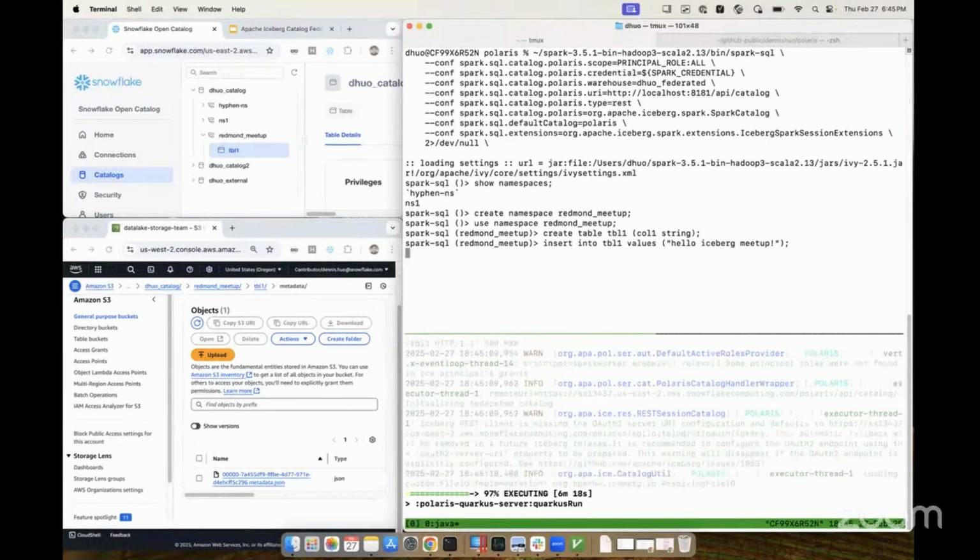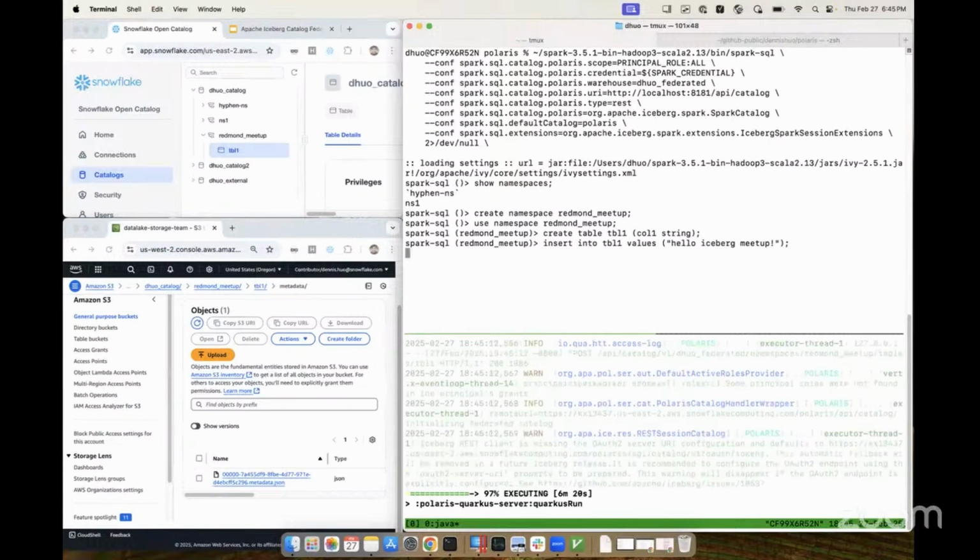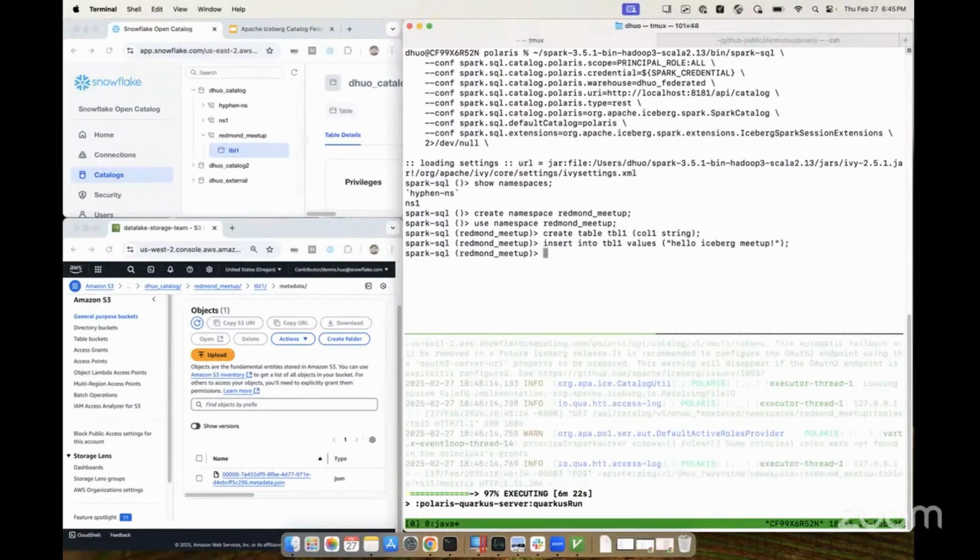So with federation, this also allows Polaris to perform credential vending. That's one of the key features of Polaris. It can vend credentials at a table level of scoping, so that client libraries don't need to have latent credentials available. So we can select